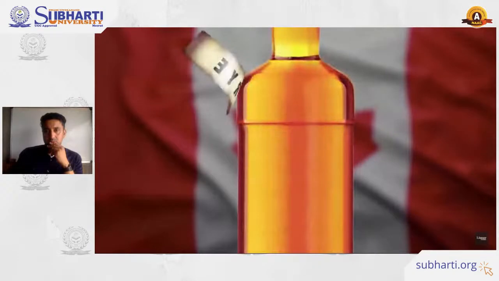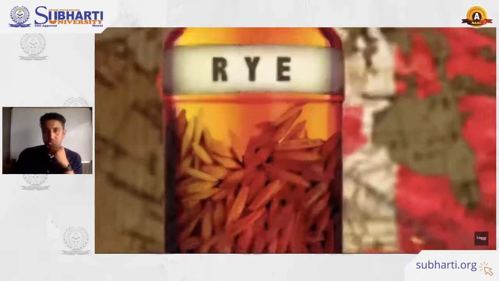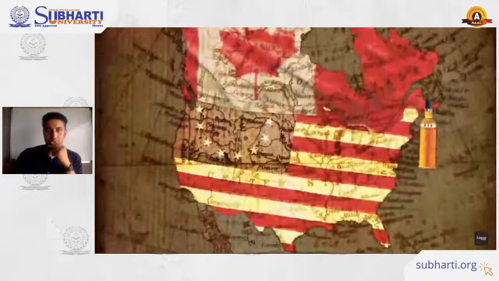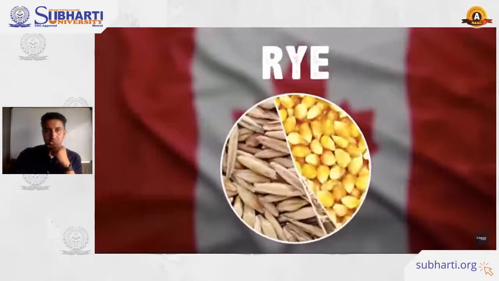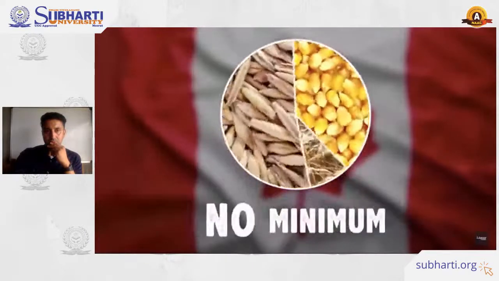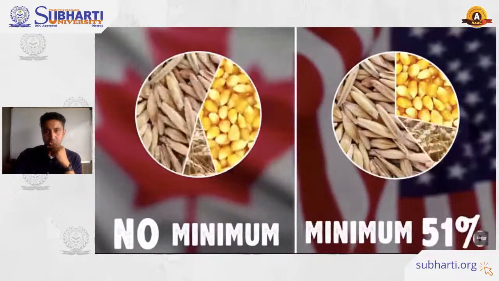Canadian whiskey is often referred to as rye whiskey because in its early years, rye was the predominant grain used in the mash. Americans in the Northeast called it rye to distinguish it from American whiskeys like bourbon. Canadian ryes usually have a relatively high rye content, but there's no law there that says rye has to actually be used, unlike American rye whiskey, which must have at least 51% rye in the mash bill.